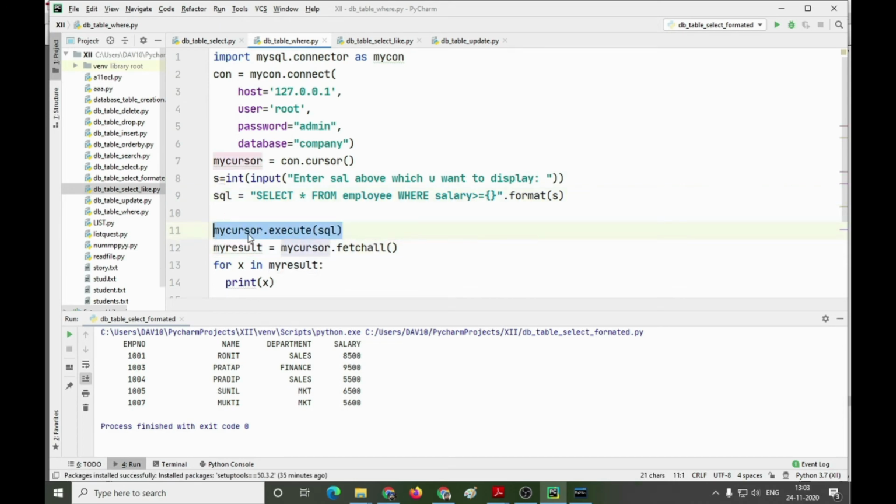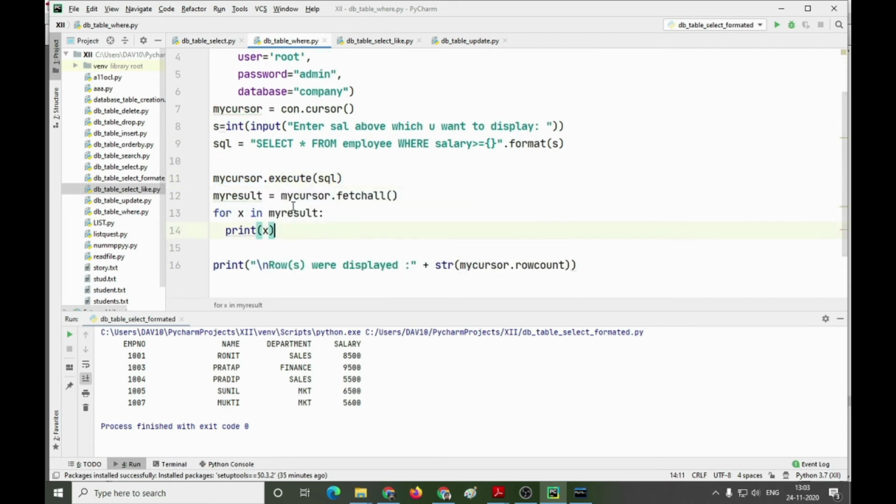After this command, all the values will be fetched and the records will be stored in the cursor named mycursor. Next we have to fetch all the records from the cursor and store them into another variable.